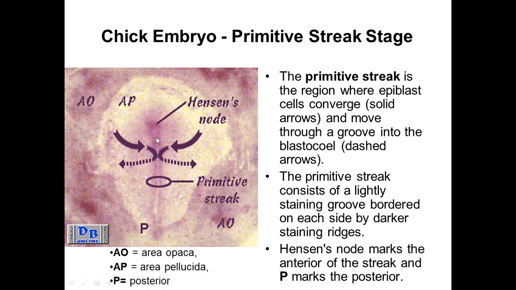So you can see the lightly staining part here, which looks like a canal, and then you can see the ridges that are darkly staining. So let's introduce here an important structure called the Hensen's node. The Hensen's node is a thickening formed as closely packed cells on the cephalic end of the primitive